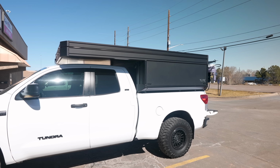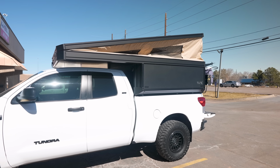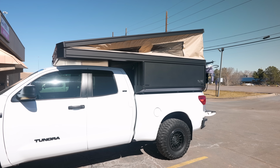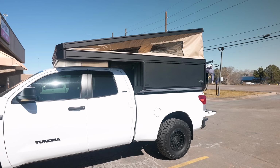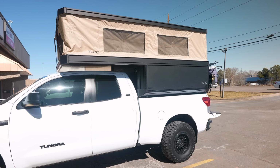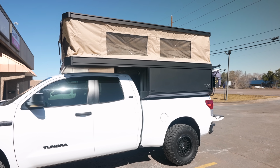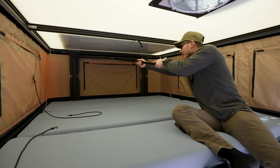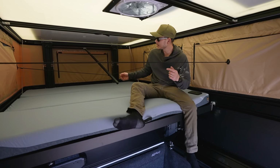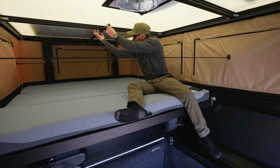Inside the truck now. Since we have the latches unhinged, we'll push the rear up. And then I'm gonna hop up to the front and lift the front up. And then I can latch everything into place. With the camper popped up, you have this pole here for the front one that you can attach with this